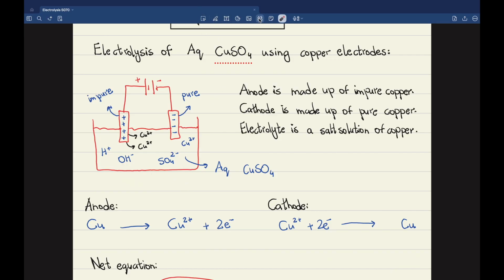Okay, the first reason is, if here we, for example, used a salt of gold, right? If instead we used a salt of gold, what would have happened is that since gold is below copper in the reactivity series, then what happens is